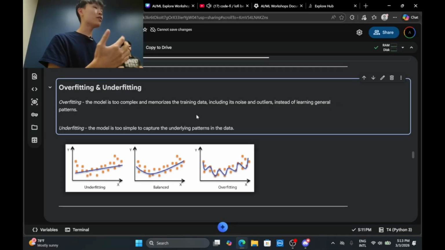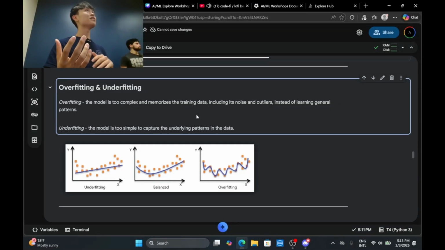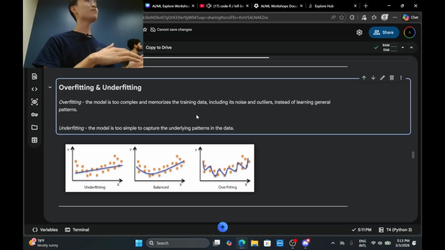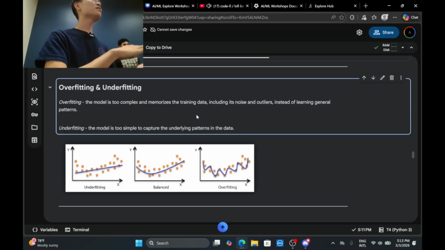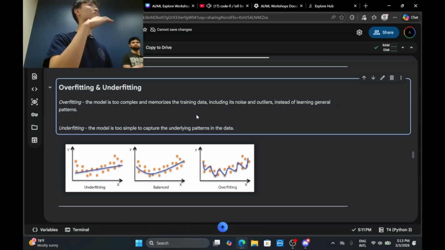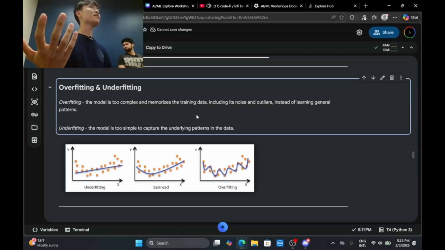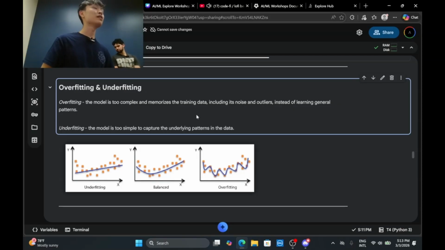So now it hasn't seen it before, so it hasn't learned from the training data. It actually memorizes the training data, so when it sees new data, it's not going to perform very well. The accuracy is going to be very low. So we wouldn't want our model to be overfitting. We want it to learn rather than memorize the data.